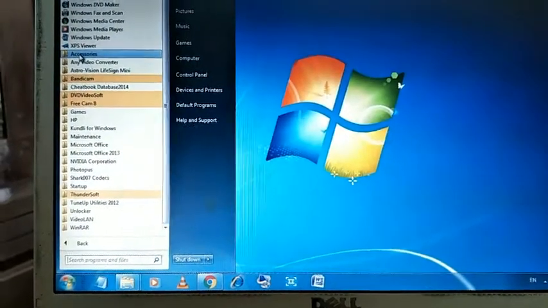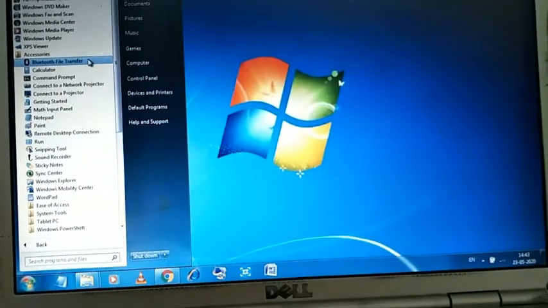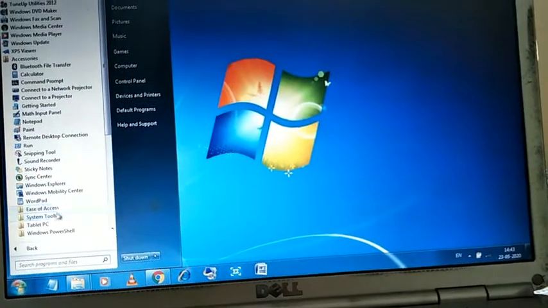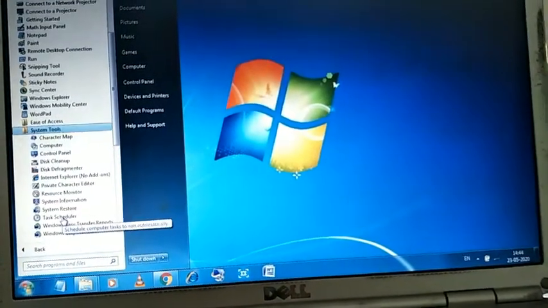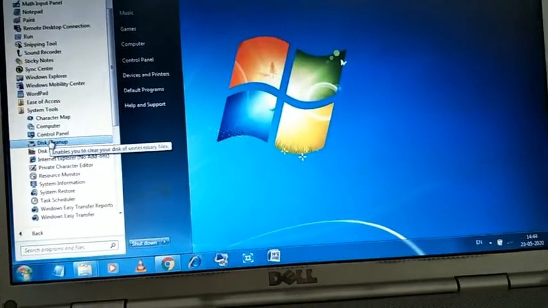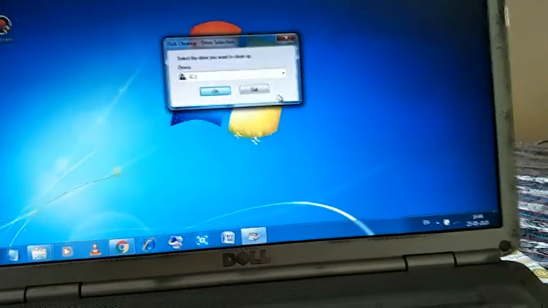Now click on the accessories option and then choose the disk cleanup option. Where is the disk cleanup option? You will click on the system tools option. Then you can see a disk cleanup option. Now click here on the disk cleanup option and this window will open.